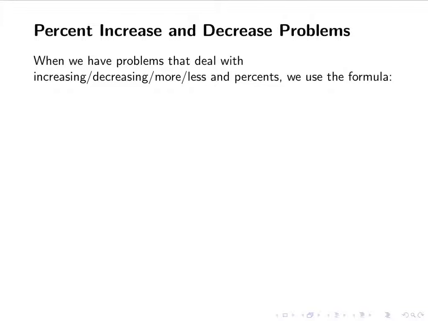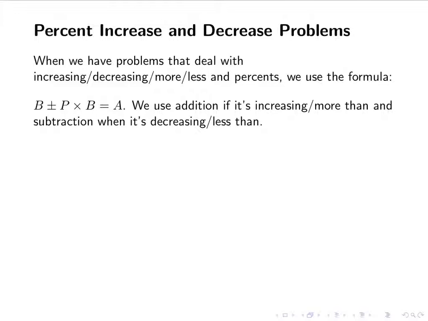When we have problems that deal with words like increasing, decreasing, more, less, and percents, we're going to use the following formula. It looks close to our basic percent formula. That would be this guy right here. But instead, we're adding or subtracting that p times b to the original b. We're going to use addition if it's increasing or more than, and subtraction when it's decreasing or less than. Okay, so we take the original amount b and then add or subtract a percentage of b